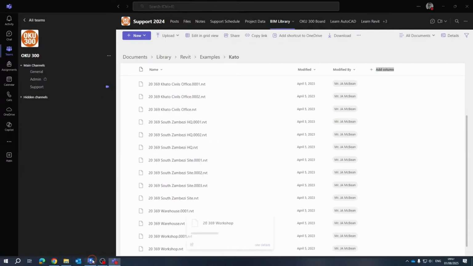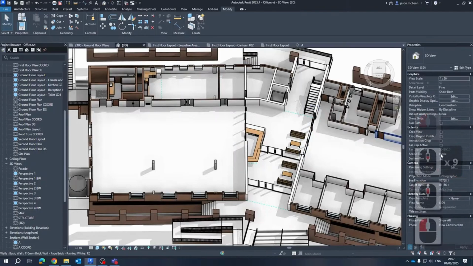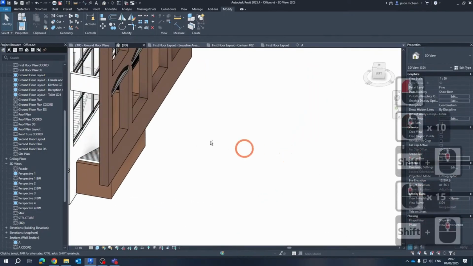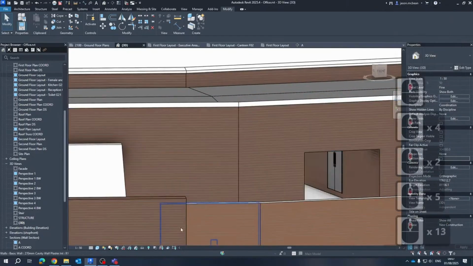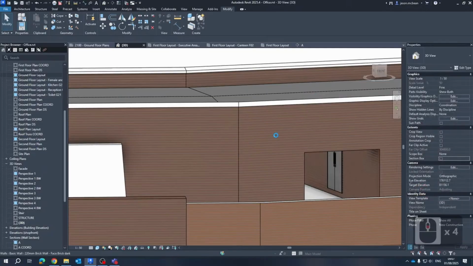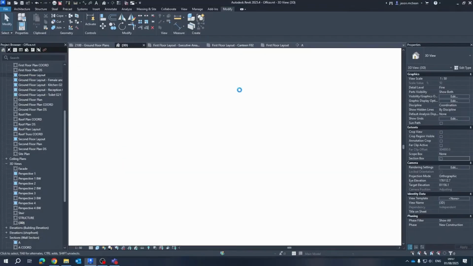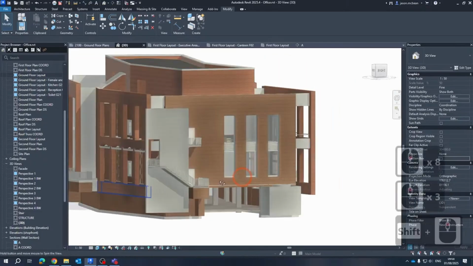So these models are quite complete. If we go to 3D view, I'm just going to switch off my section box. You'll see that they're very complete. We've spent a lot of time to get these models to be quite accurate, and you'll see that the materials are rendered nicely, even in realistic mode. We spent a lot of time on these drawings, so it's a good set of example drawings for yourselves. It's pretty basic. It wasn't taken further. It was done to a proposal stage and then it got complicated. The project was canned, so